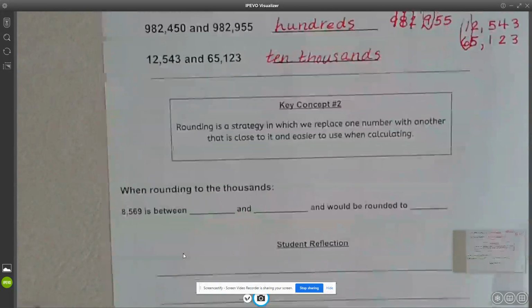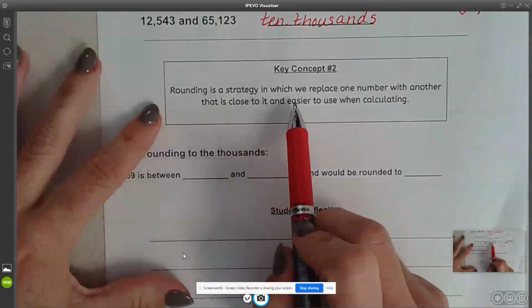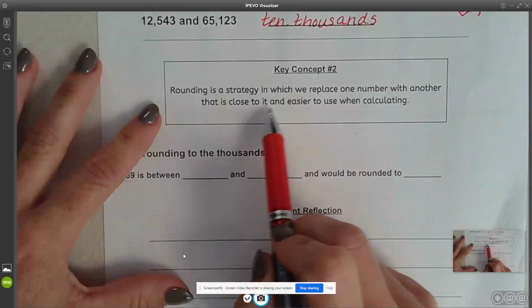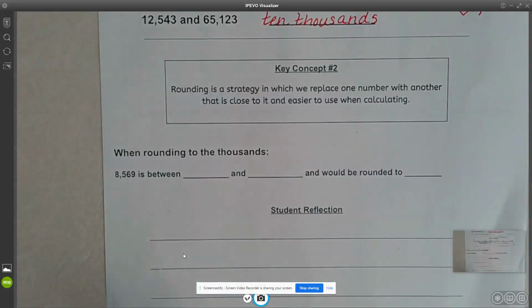Now, our second key concept is rounding to the thousands. Rounding is a strategy in which we replace one number with another that is close to it and easier to use when calculating. And rounding is kind of what you're doing when you estimate. And honestly, this is a skill that you will use your entire life. Trying to figure out how much money you need to go buy something, you usually round up so that you make sure you have enough money to cover the item and to cover